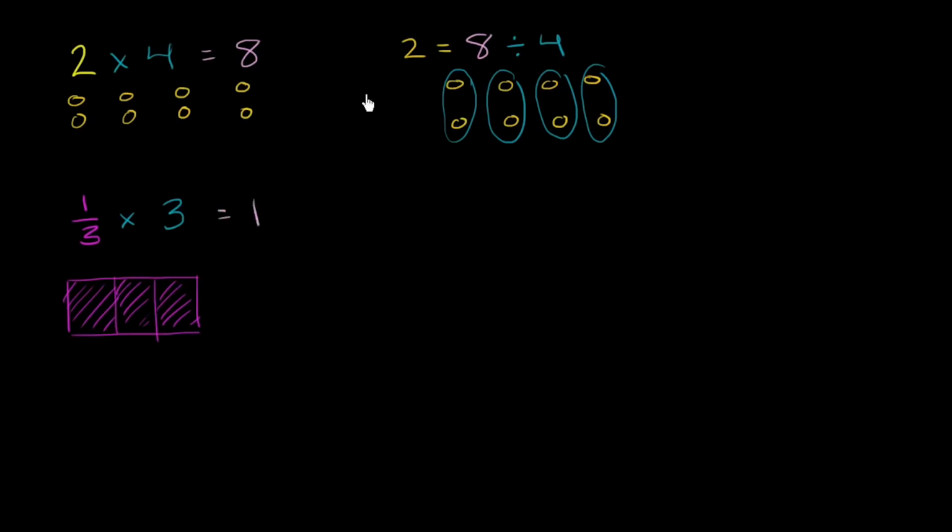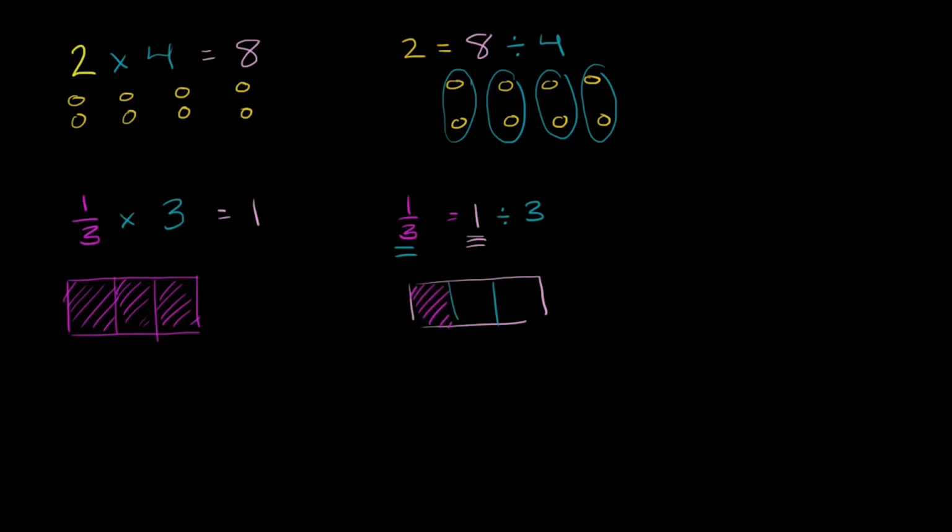So you use the exact same idea. If 1/3 times 3 is equal to 1, then that means that 1 divided by 3 must be equal to 1/3. And this comes straight out of how we first even thought about fractions. The first way that we ever thought about fractions was, well, let's start with a whole, and that whole would be our 1. And let's divide it into 3 equal sections, the same way that we divided this 8 into 4 equal groups. So if you divide this into 3 equal sections, the size of each of those sections is going to be exactly